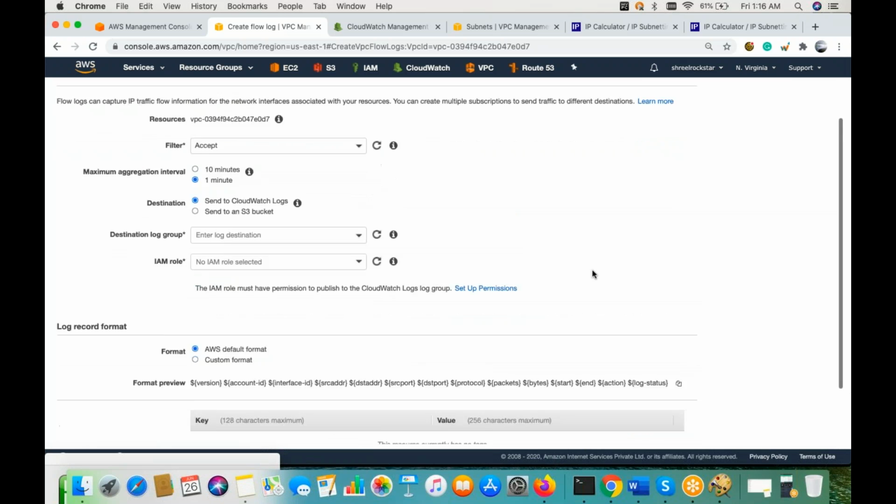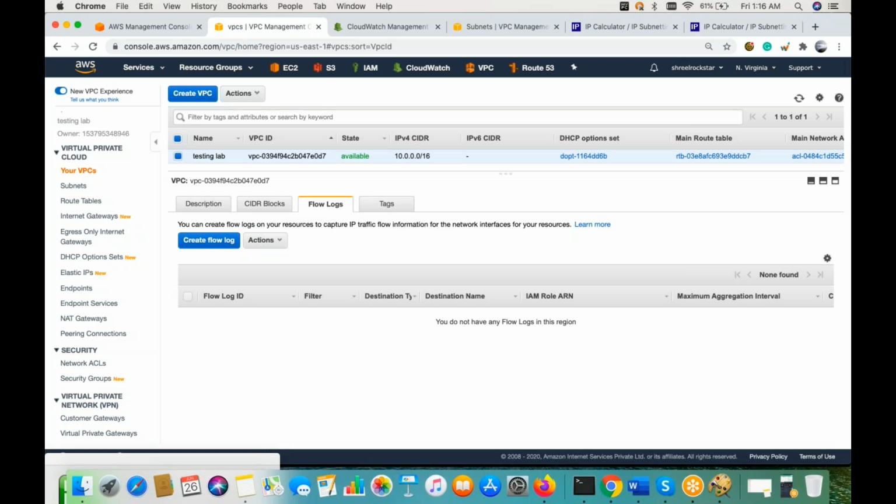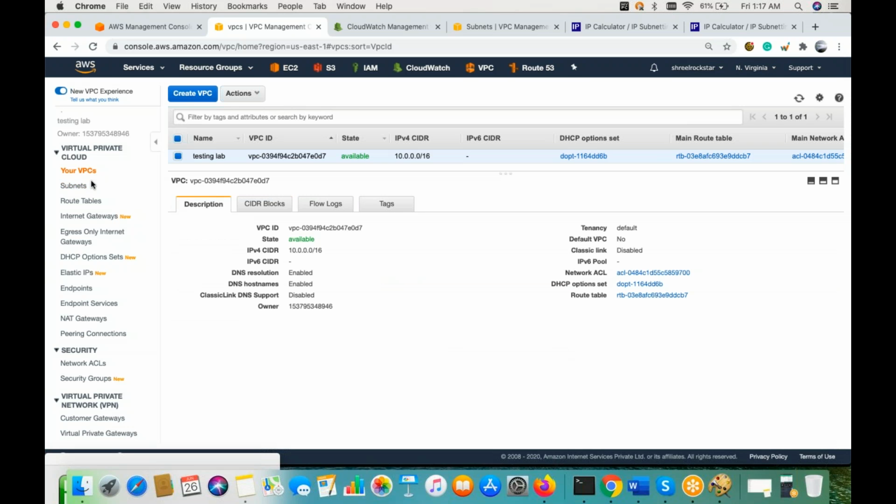But VPC flow logs should be enabled in real time where you are dealing with production. That will be more for debugging on the network side, where you can see whether my traffic is actually going out of my VPC or not. If it is going outside my VPC, then you can see whether the vendor is accepting or rejecting. In that case, you can get the idea from here, and you can share the logs or screenshots with the vendor so that they can understand where the fault is, whether they are able to access or receive or not, so they can fix the problem. That is why flow logs should be enabled all the time.